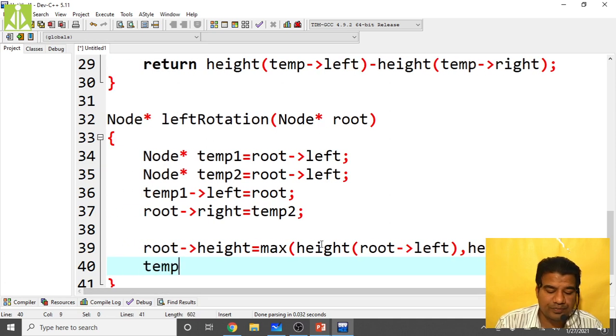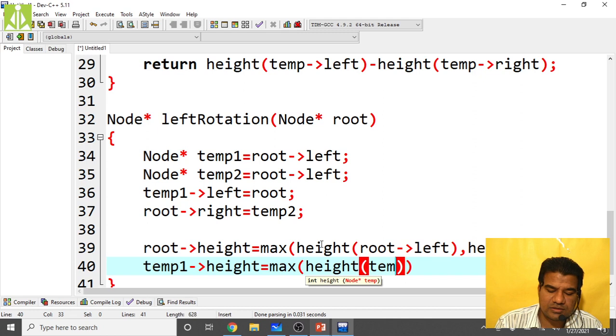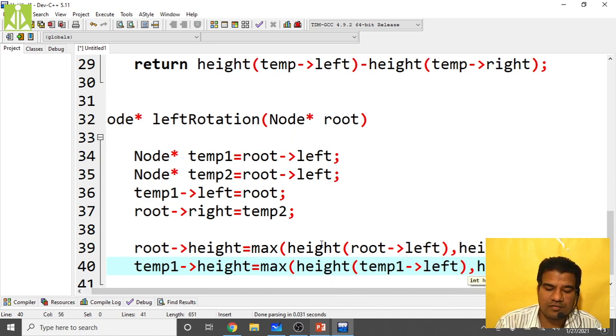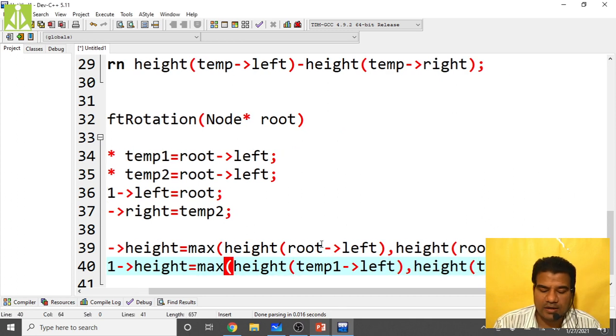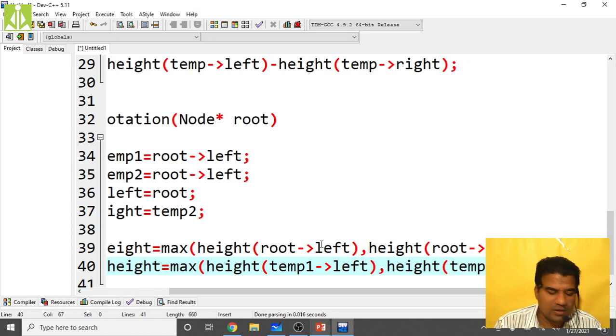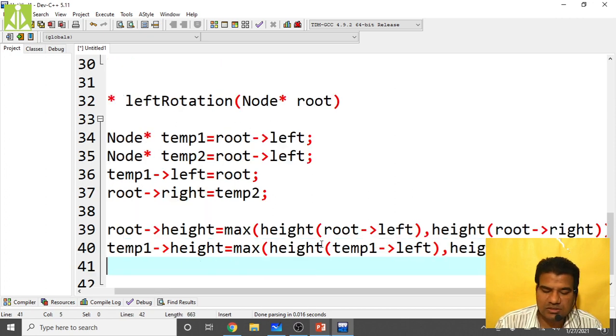Then temp1 of height equals to the max of height of temp1 of left and height of temp1 of right, plus 1 again. Okay, next is return. What we have to return? Return temp1.